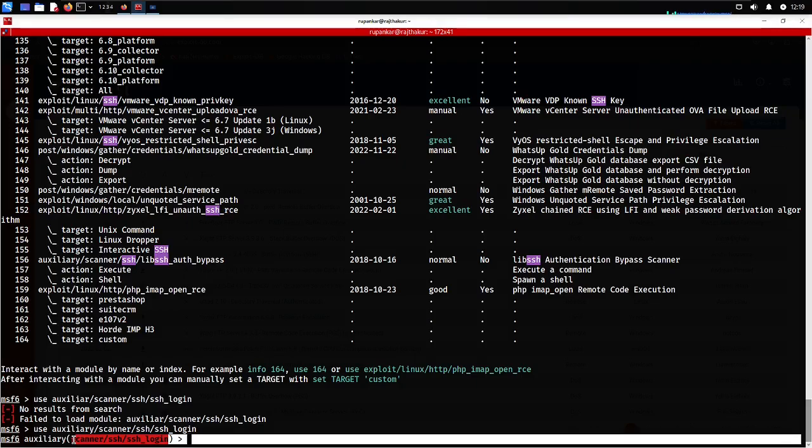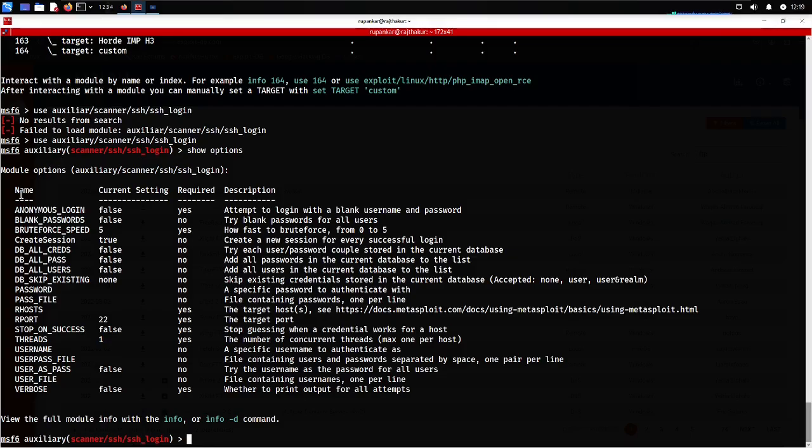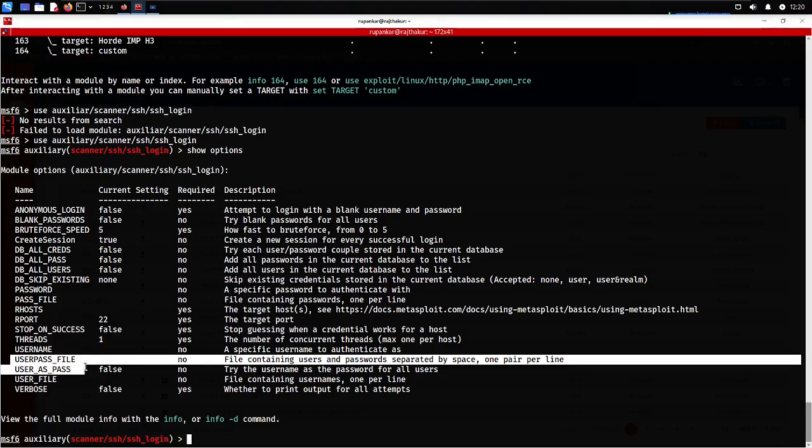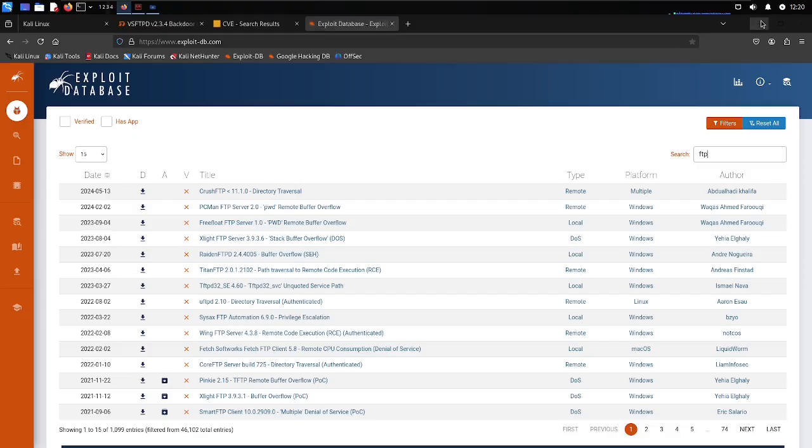So if you want to set the target, simply go through the options and see what options are available here. Once you go to the options, there are a lot of options available. You can set the username and password file. Like if you are doing any brute force attack on the SSH protocol, you have to give a user file and a password file also. If you want to set the user file,